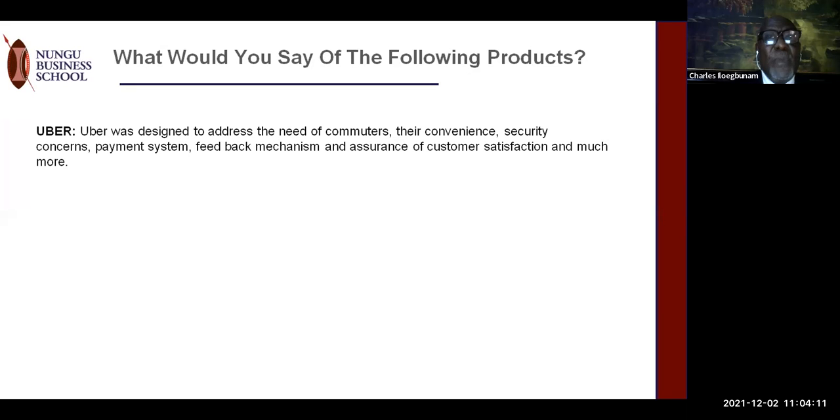Okay, look at Uber. We are talking about Uber. I said people have been moving from point A to B before now. But somehow a group of people